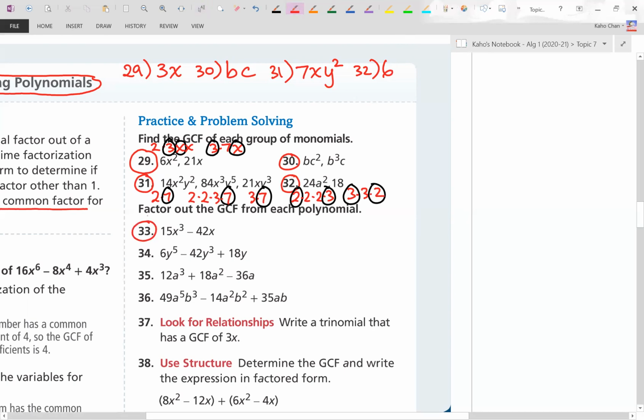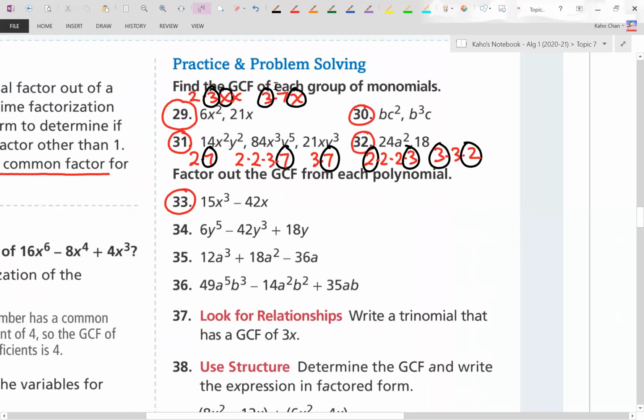Here we will take out a GCF like we did with 29 through 32, but we're going to continue and actually divide into the polynomial with that GCF, okay? So I'm looking at 15 and 42. Let me zoom in a little more so you can see it better. I'm thinking of 3, 5, and 2, 3, 7, and I can definitely take out a 3,